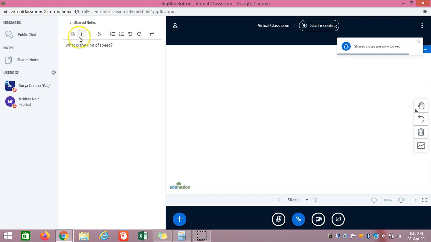Here also we can change various options like turning text into bold, italic, underline, strike. Everything is here. We can align and all. And the main option is that we can import. You can import or export to and from file formats, and we can save it. So if you are giving a note, it will be like a note. If you are giving the notes, we can save the notes.